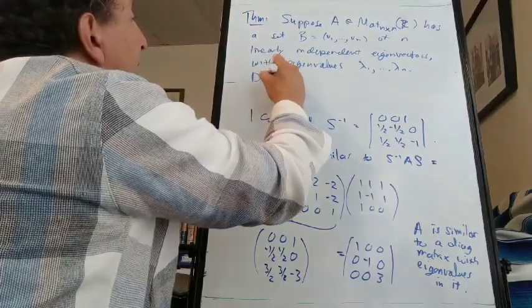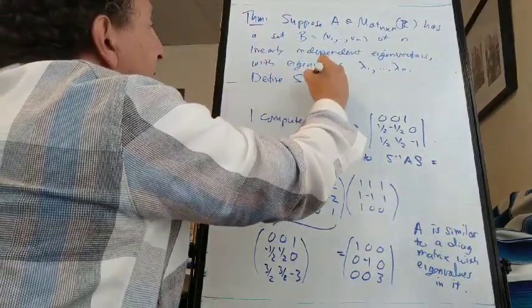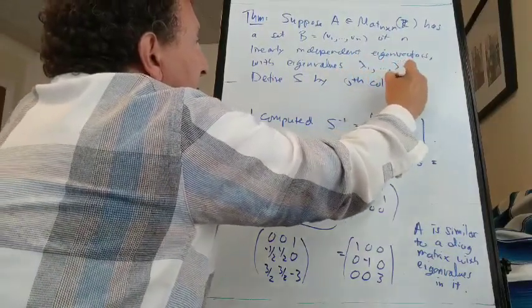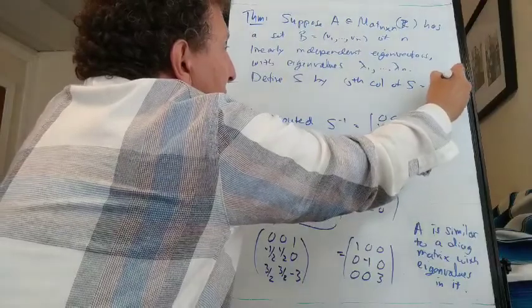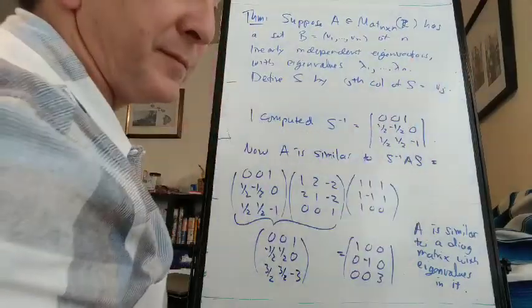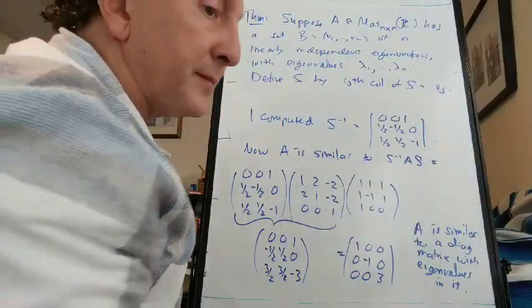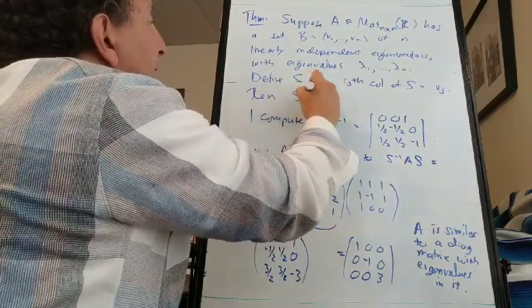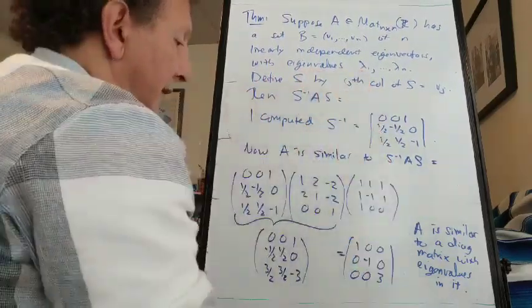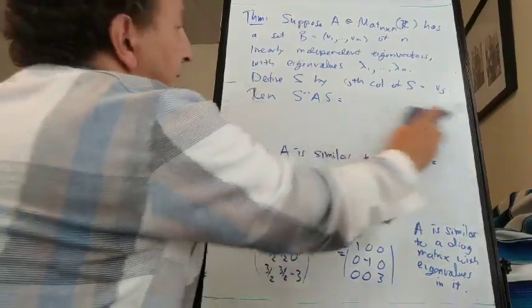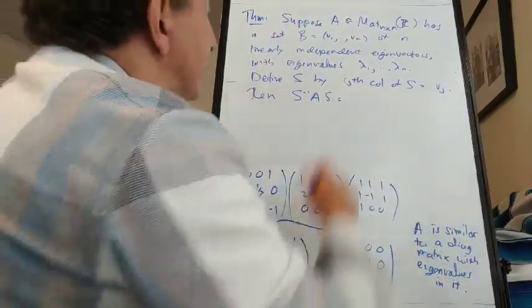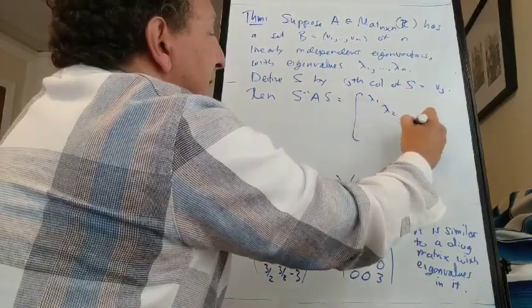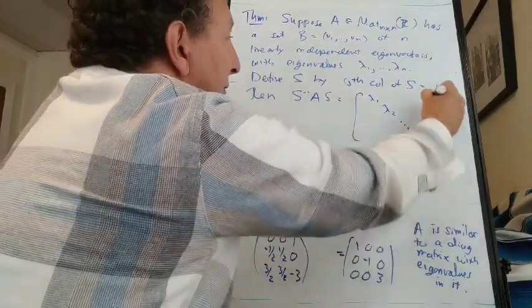And let's define S by the jth column of S equals the jth eigenvector. Then S inverse AS is diagonal,